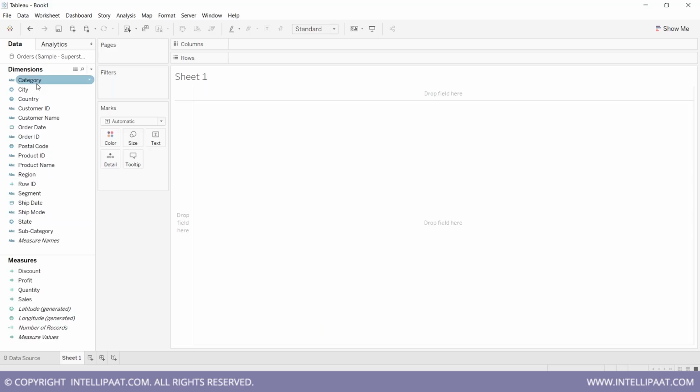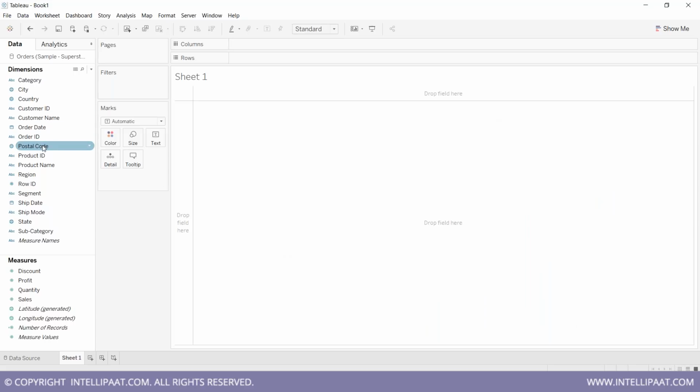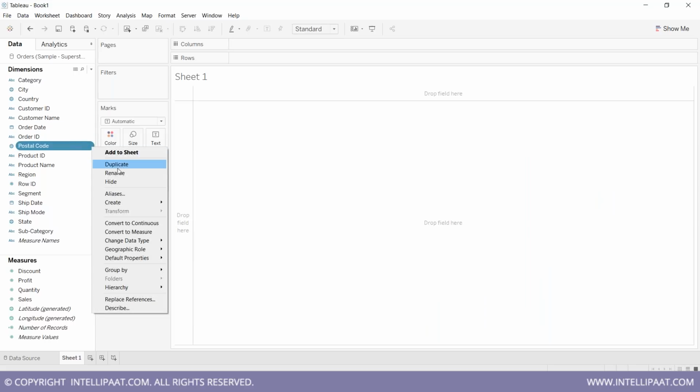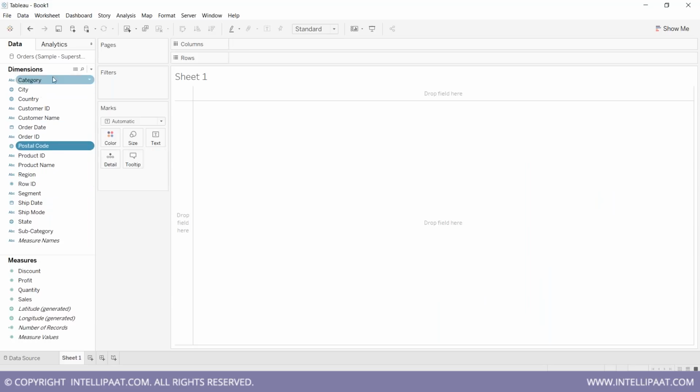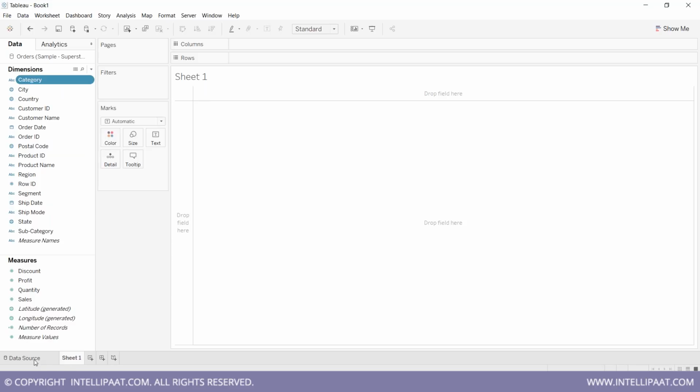You can also rename your fields inside your sheet, just as we did in our data source page. You can either slowly double click this, or you can go into this and rename this particular field. You can show and hide any fields with the help of this, just as we did in our data source sheet. Okay, and let's see how to create a